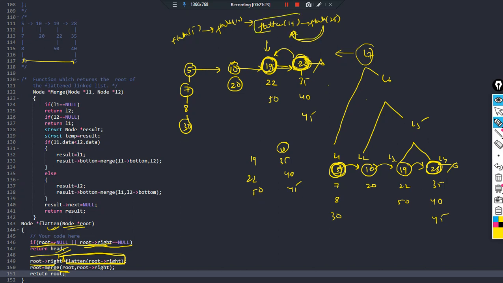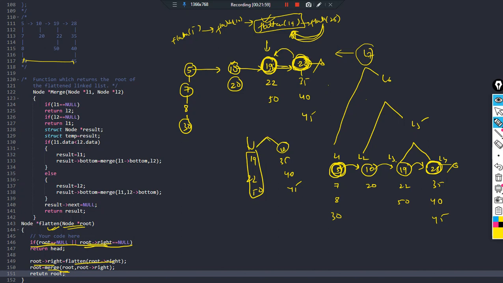If you come under flatten 19, flatten 19's first operation was doing root right. So root right's value it has received. What is the root right value now? 28, because it has said that root right is nothing but equal to flatten root right. You see, when there was a recursive call on 19, it said that root right equal to flatten root right, means its right will be nothing but flatten of root right. So flatten of root right is nothing but 28, right? Flatten 28 returns 28. Now you have to basically merge root, means root is pointing to 19 for this particular recursive call, and you have here 28, right? So you have to merge these two.